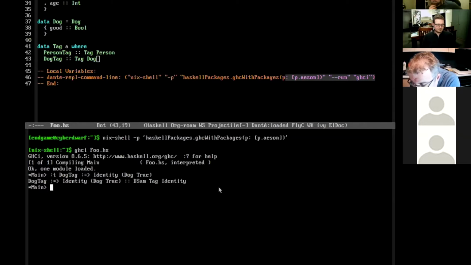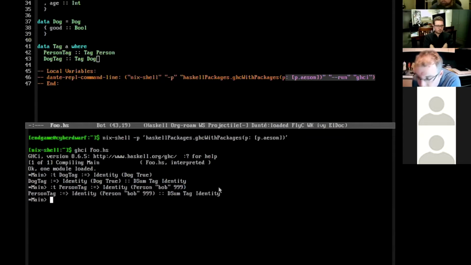That's a DSum tag identity, and I can make one for people as well. So if the tag says it's a person tag, and poor old Bob's in the retirement home. So is that making sense to most people?